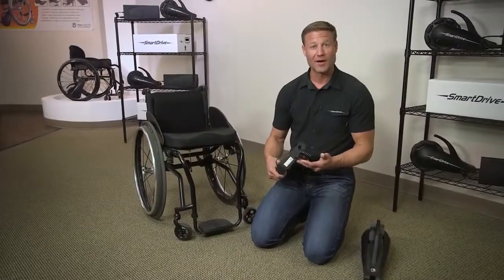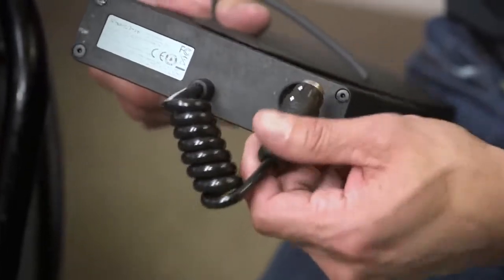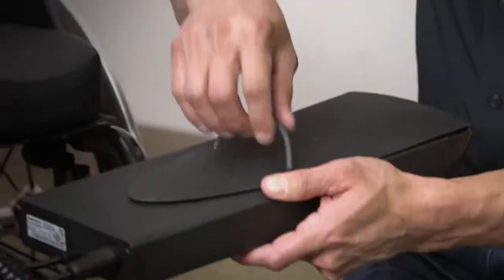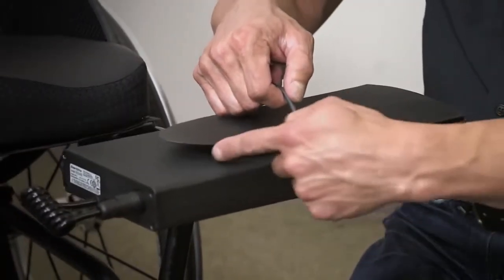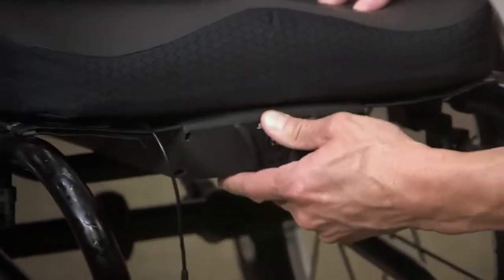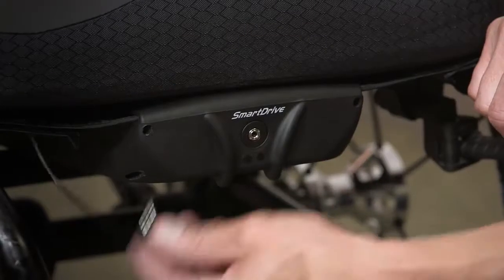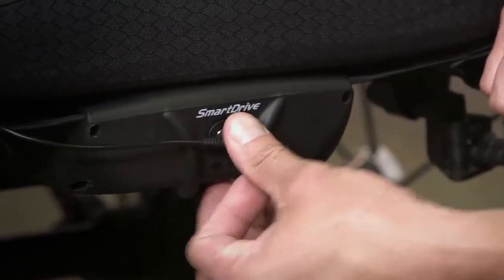All right, so let's put it back on. So first, there's a little hole on the back of the battery. You take the plug, push and rotate. That holds this plug in place so that when you lift on the handle to gap this tongue, line the tongue up between the cushion and the seat and slide it on, everything stays tight and configured. You then plug the buttons into the front of the battery,